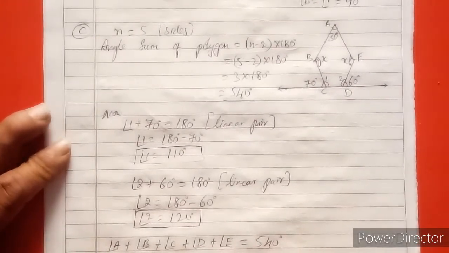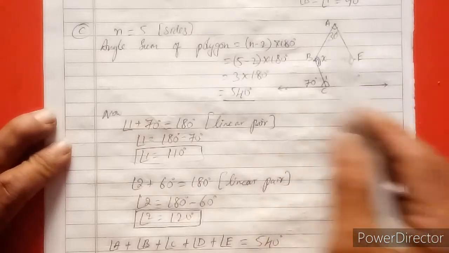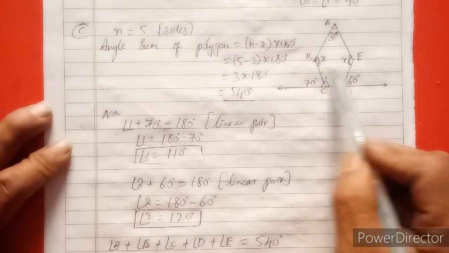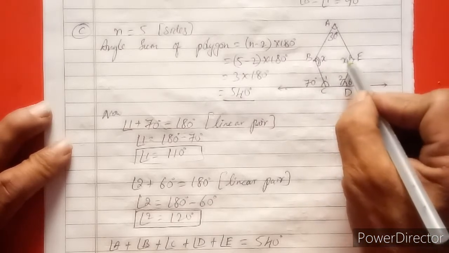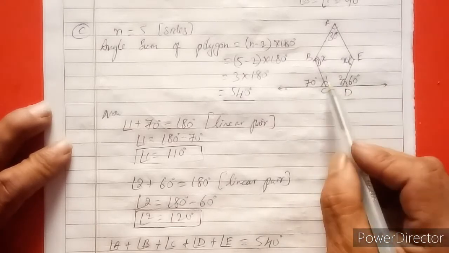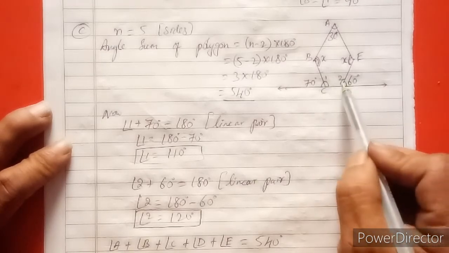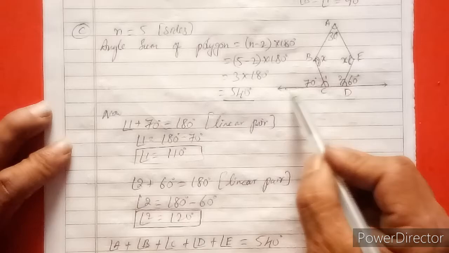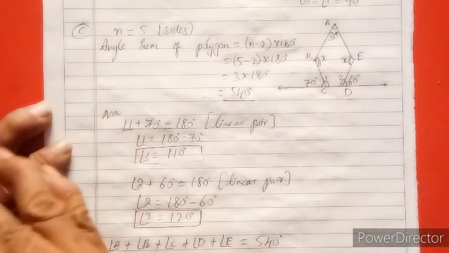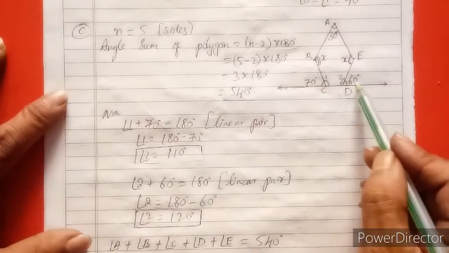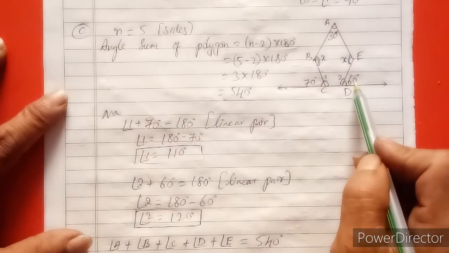Hello everyone. First of all, we have to find the number of sides. The given angle A is 30 degrees. The two angles X, X are given opposite. This is an angle we don't know, so we name it angle 1, and this is angle 2. The exterior angle should be given. Exterior means outside the closed figure. That angle is 70 degrees, and this one is also given, D, which is 60 degrees.